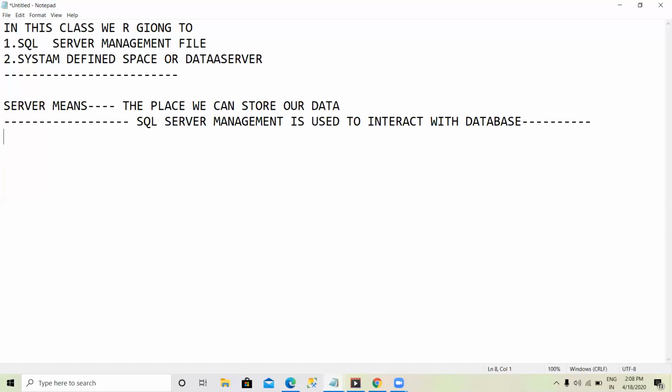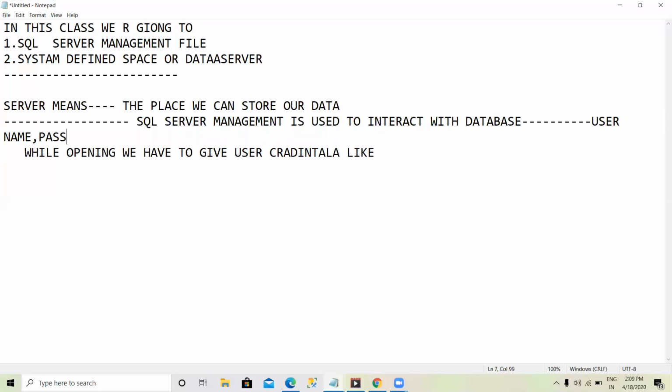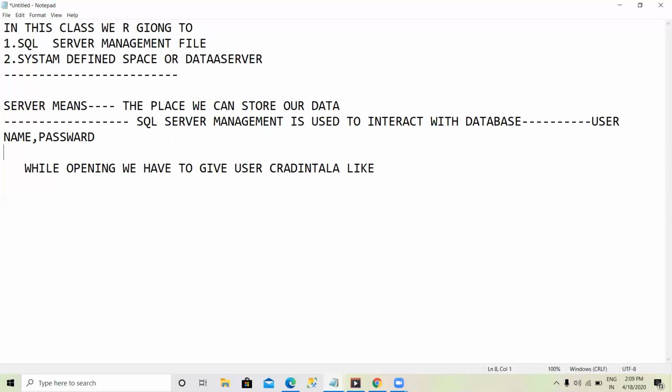Credentials means what? Username and password.